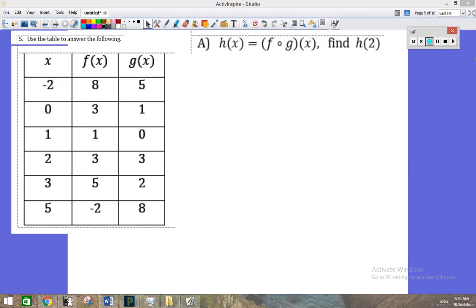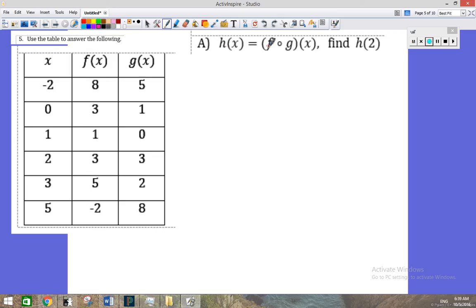Let's take a look at number 5. This is different than the others. We're just using tables to evaluate functions. We don't have equations, we don't have a graph, we just have this finite list in these tables. I suppose we could plot the points and read it from a graph, but here they define a new function